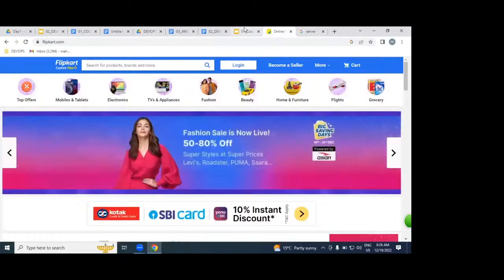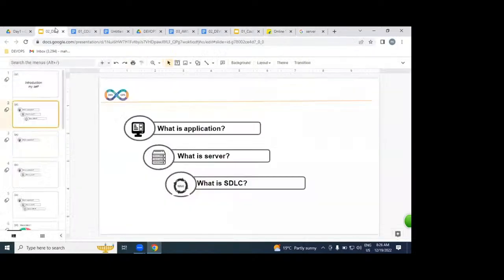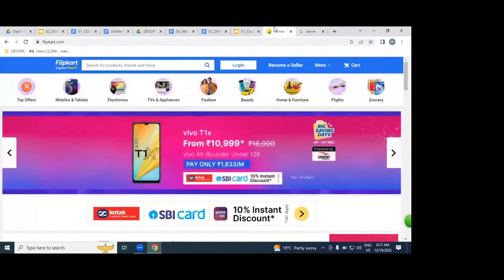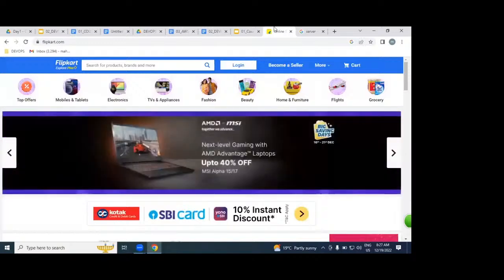So what is an application? The working software which is written in any programming language. That application we are going to be placed on where exactly? On hundreds of servers. Once it is placed, a Java application on server side, then there itself we are going to be accessing over internet as a website.